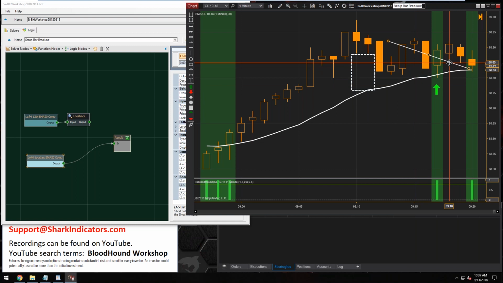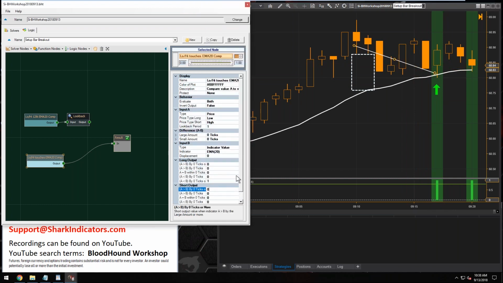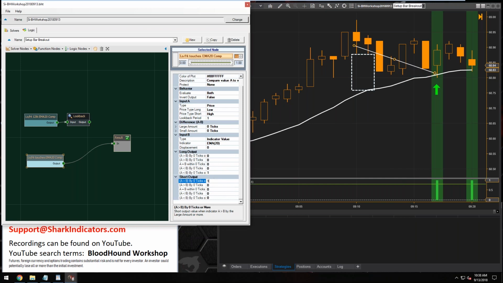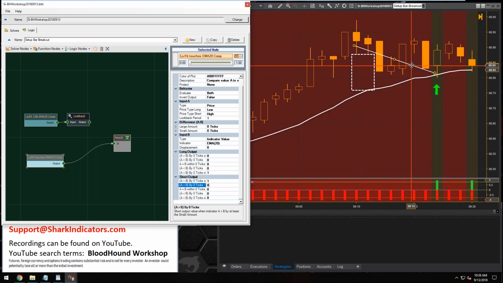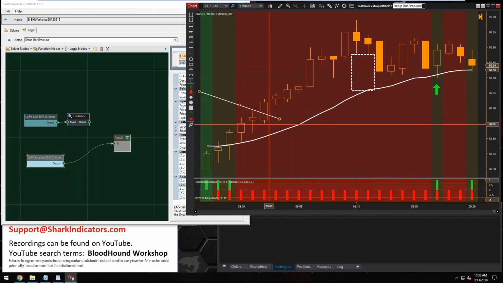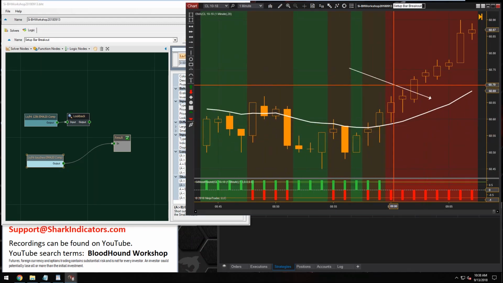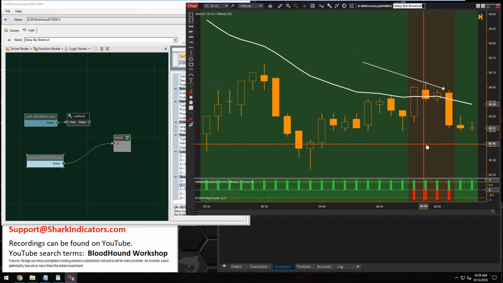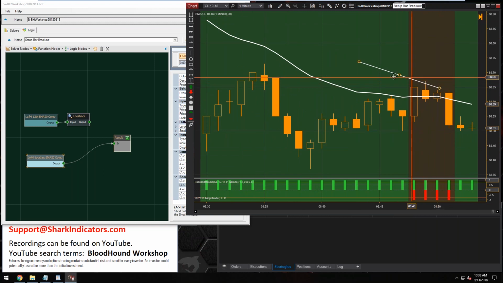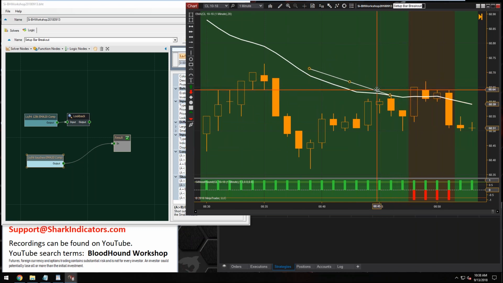We can see when those wicks are touching the EMA, kind of breaking through the EMA, there we go, those have been identified. Now when we add the short, this is going to look kind of messy, because what is a downtrend pullback? If we go back here, yeah, there we go. We can see this bar actually did not touch the EMA